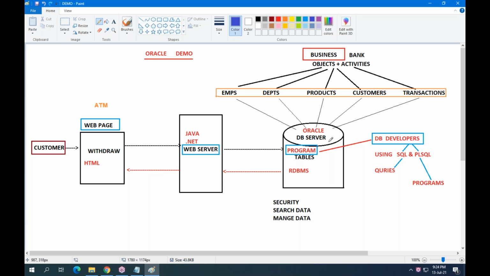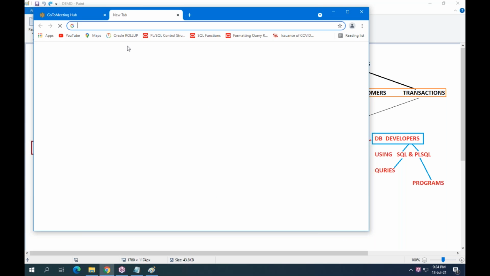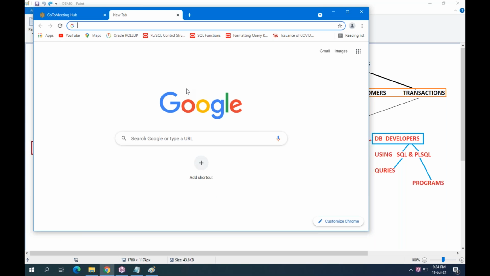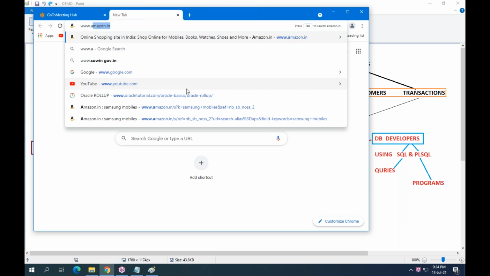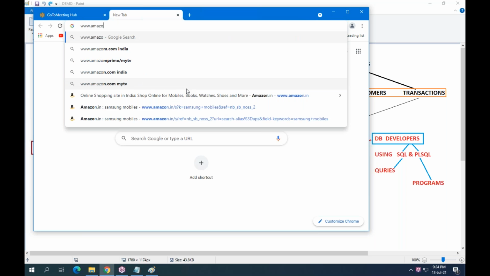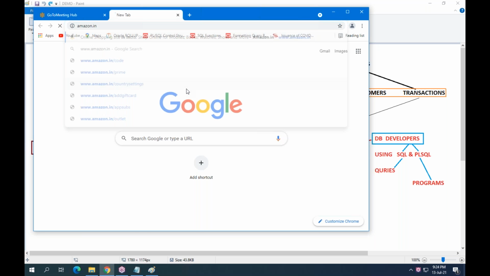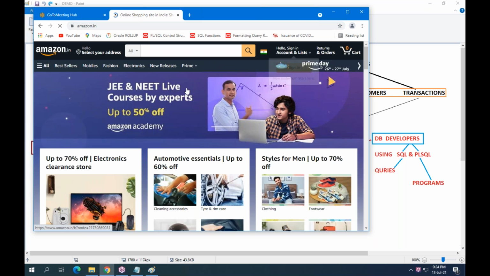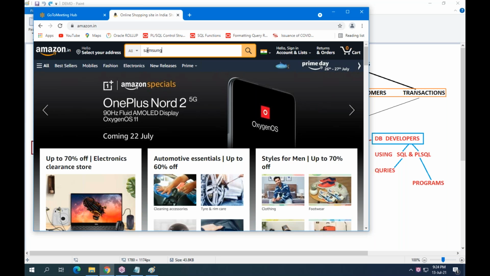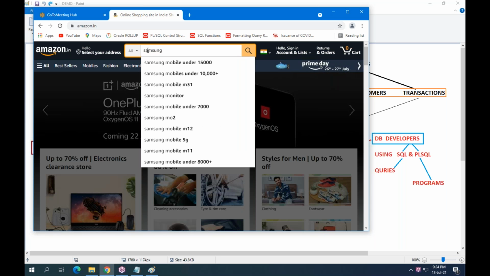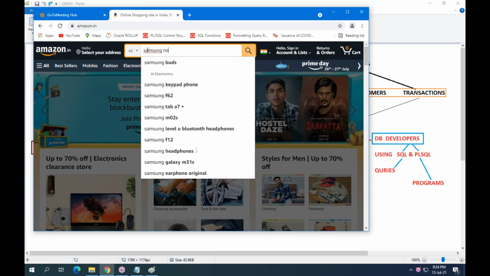Now, clearly understand, guys. Yesterday I already gave an example. Again, I'm repeating the same example. Amazon.in. I want to buy a mobile device. Assume that I am a customer for Amazon. I want to purchase a mobile, a Samsung mobile, Samsung Note.